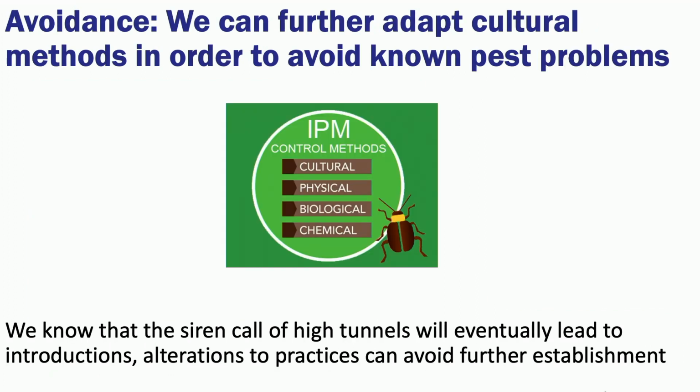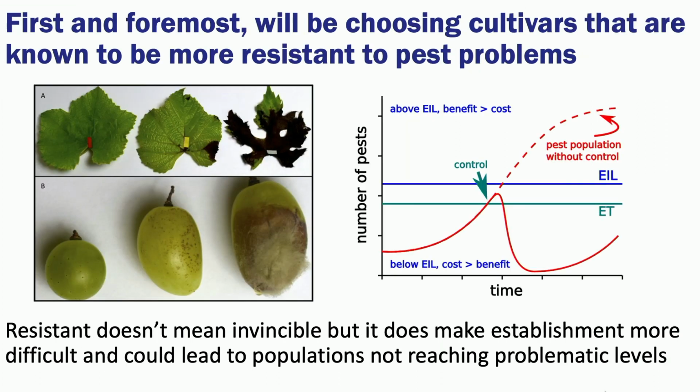And avoidance is, like I said, a little bit similar to prevention, but it is more focused on cultural methods and trying to avoid letting pests reach what we call the economic injury level, this threshold at which we have problems. A big thing with avoidance is going to be choosing resistant cultivars, plants that can sort of resist the insects getting on them. I know my example here is some grapes, and you're probably not growing grapes in high tunnels, hopefully, but it is a good example of resistance to this problem on the leaves and on the grapes